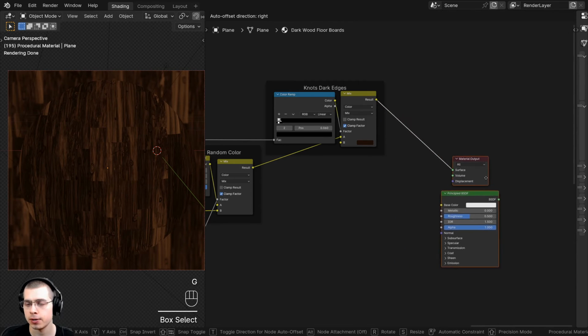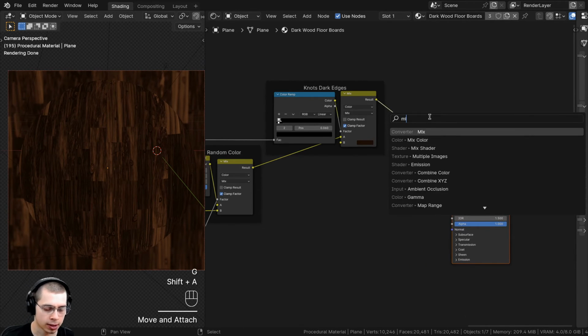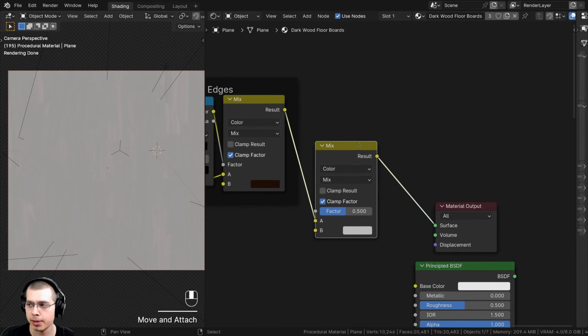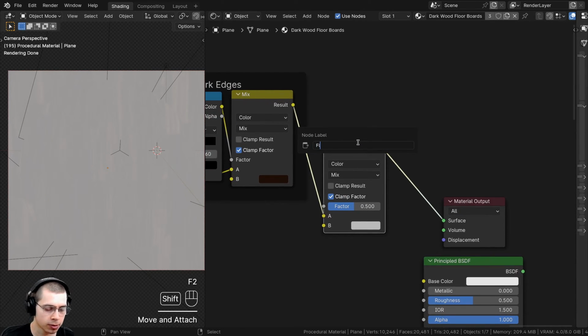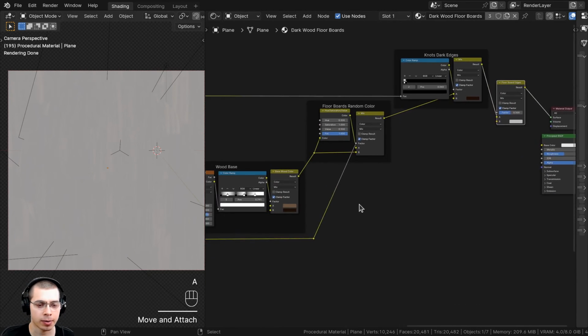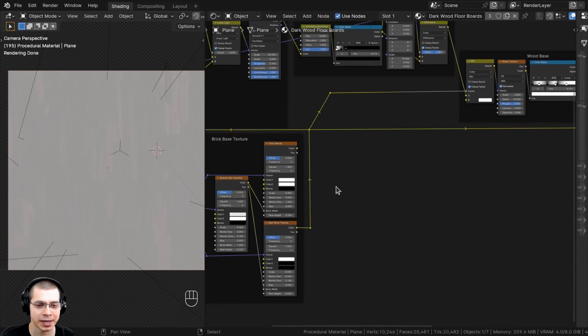So let's box select these nodes and drag them back, and I can go to the add menu, and to mix that in, I'm also going to add a mix color and we'll drop it here after this one. And if I select the mix and press F2 to give it a label, I'm going to rename this to floorboard edges. So then for this value here, I want to add in the floorboards edges texture, which is this